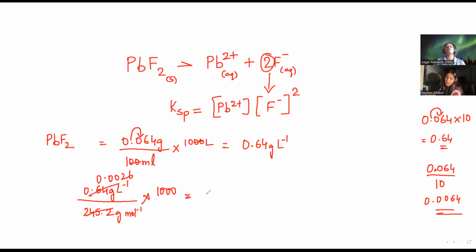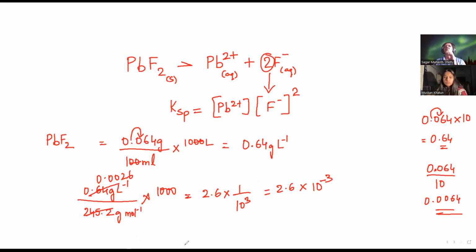0.0026 times 1000 would be 2.6. Now, because it is grams per molecule, it is into 1 by 10 to the power of 3. So now what's going to happen here is, it's going to be 2.6 times, if I raise this 10 to the power of 3 to the numerator, if I'm going to take it up, that's going to be 10 to the power of